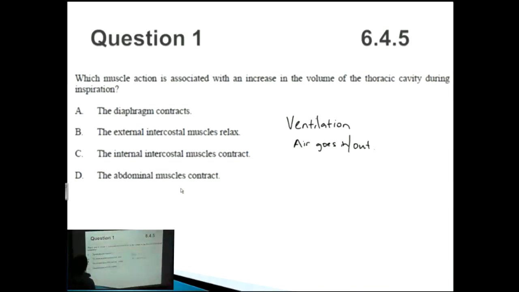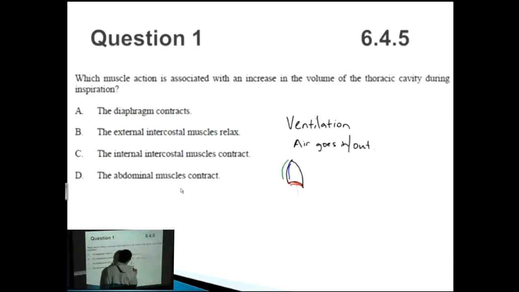So what muscle action has occurred? The diaphragm contracts. Yep, that is true. The diaphragm does contract. If we took a cross section, if you're looking at me from the left-hand side, and you're looking at my lungs, then what you see is something like this. This is our diaphragm at the bottom in red here. And our intercostal muscles, we've got the external ones in green on the outside and the internal ones in blue on the inside. So the way that it works is that during